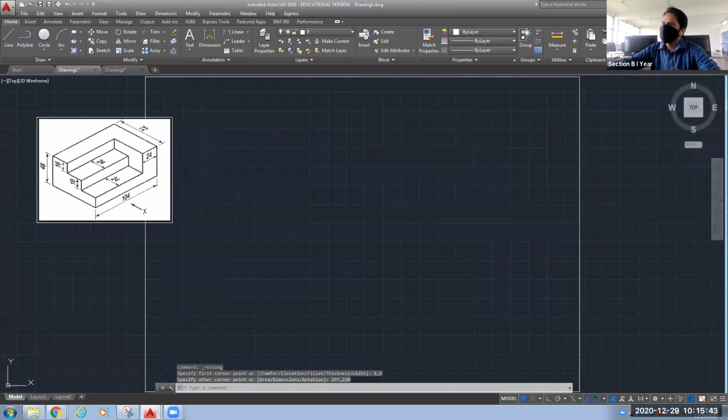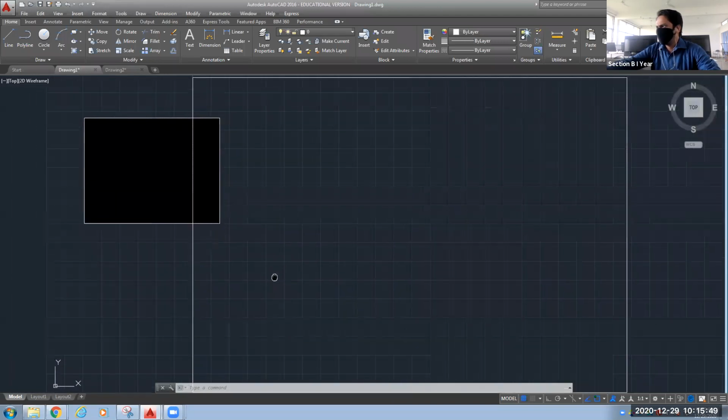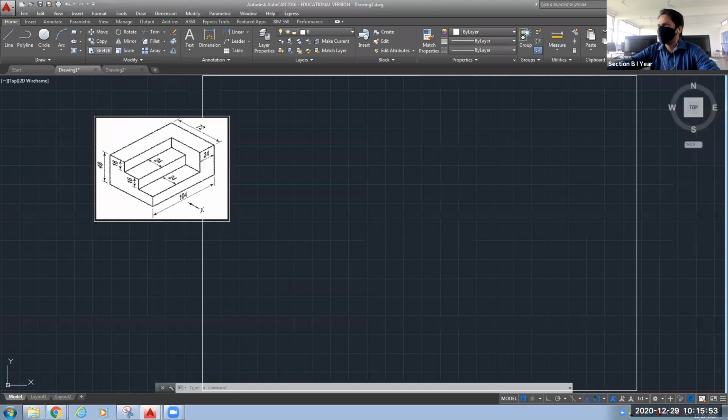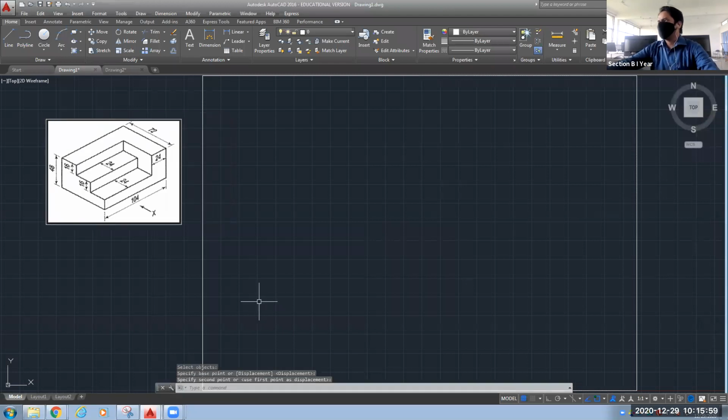If you remember what we were doing, let me keep it like this so that I can move this object out of this box. Now, if you remember, for drawing the orthographic projection, we normally start with